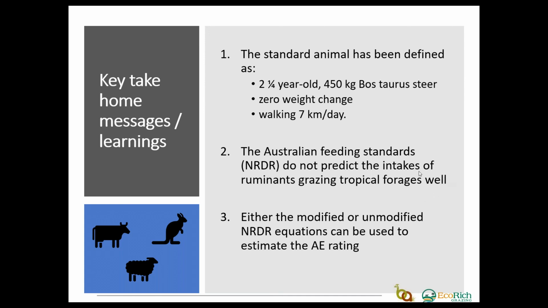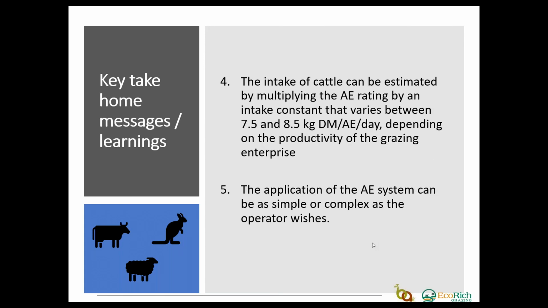The Australian feeding standards do not predict the intakes of ruminants on tropical forages very well, but we can use the adult equivalent ratings that come from either the modified or unmodified equations to derive an AE rating to multiply by an intake constant to get the feed intakes of cattle in the paddock, and either of those techniques will be applicable and give accurate information. So again, the intake of cattle can be estimated